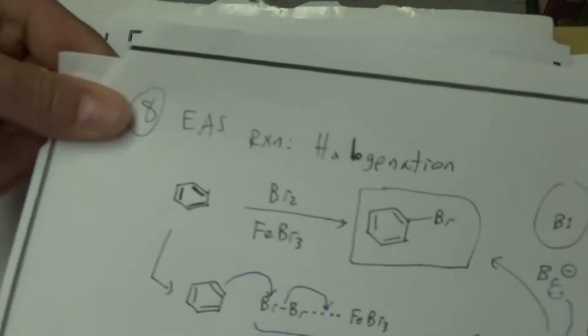Hey everybody. Alright, so we're moving forward in chapter 15, which is about aromatic reactions. And what's the kind of reaction that we were seeing? It had three letters. EAS, right? Electrophilic aromatic substitution. Okay, so the two examples we gave last time were